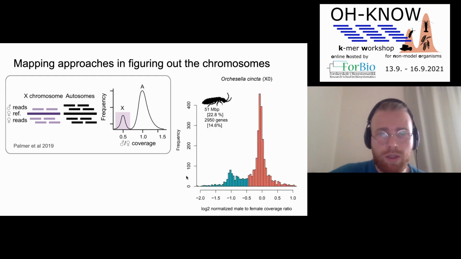But the problem with this approach is that if you have a fragmented assembly, it can look more like this. So you do see the two peaks. You know for sure that this is a male. You see that at least some of those scaffolds are probably reliably assigned, but it's very hard to make an exact cut, which of the scaffolds are actually X-linked and which are autosomal, and then we end up lowering the required thresholds of confidence and